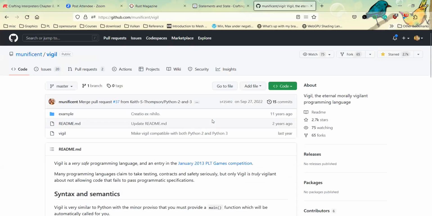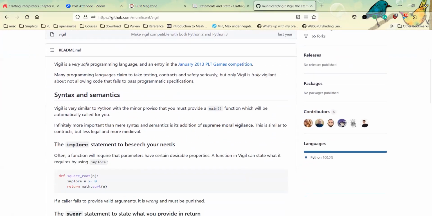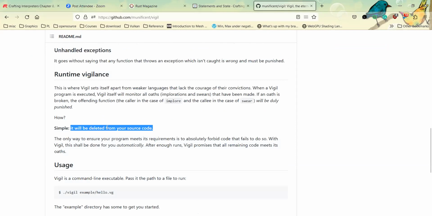Oh, it's Bob Nystrom, the same guy that wrote Crafting Interpreters. That makes so much sense. I thought these were just adding asserts, and I was like, okay. But now I clued in. I didn't read the whole thing, I just saw this now. Yeah, I'm a sucker. My bad.